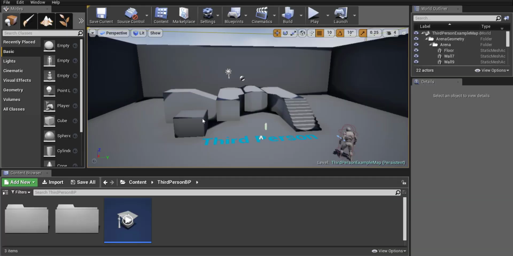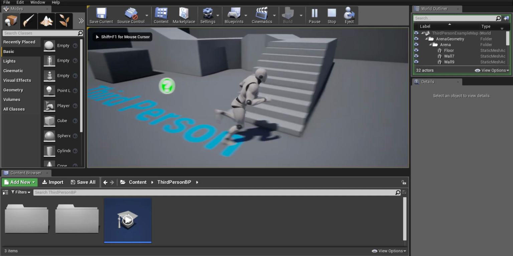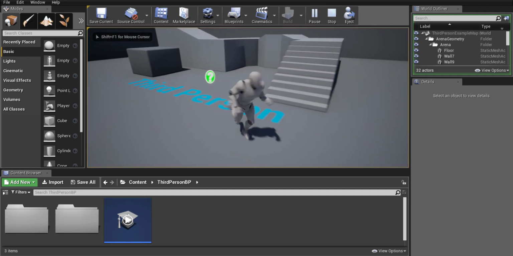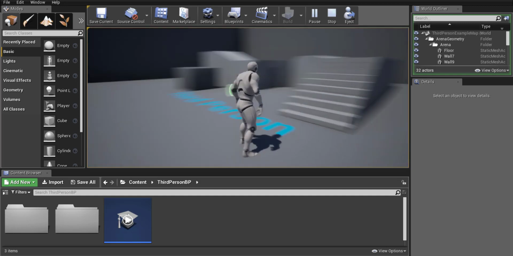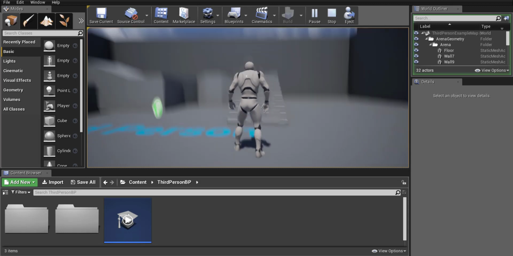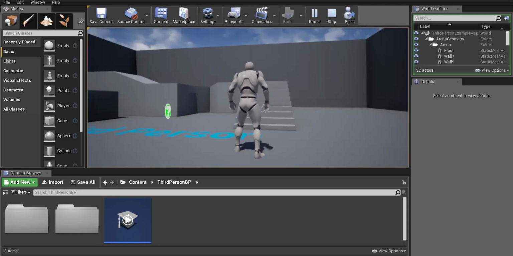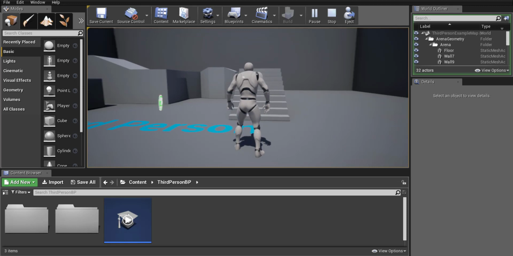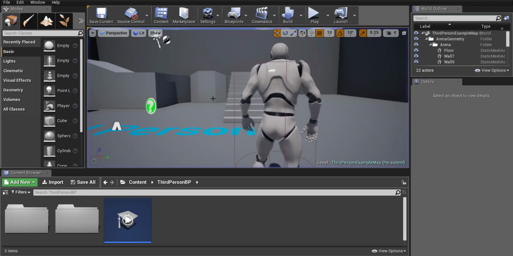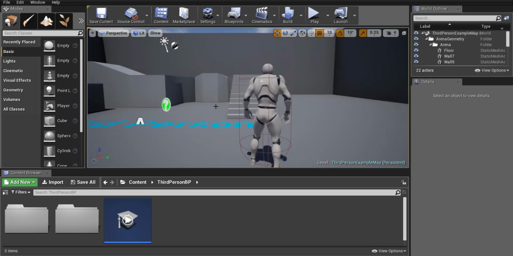Once that is done, it's going to open up your third person mode. You can immediately play it if you'd like and just run around with your character, but there's no health bar as you can see, and there's no way of taking damage on this stage unless you jump over the wall over there. So I'm going to press escape, and the first thing we're going to do is add the health